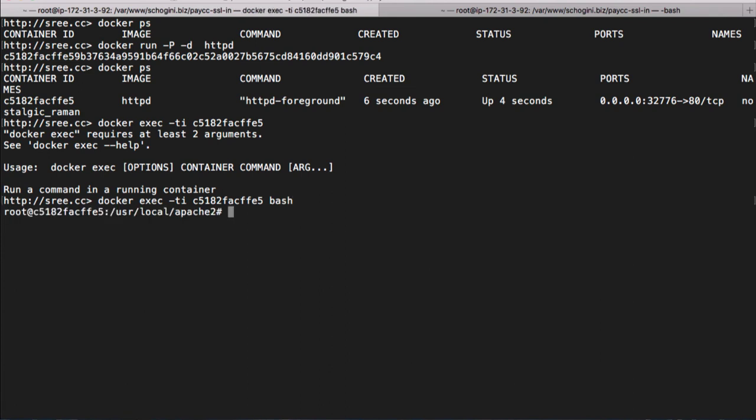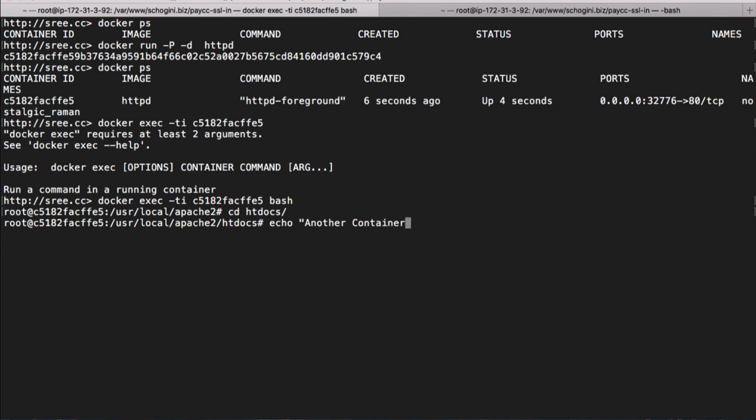Alright, and let's go to the document root, which is cd /usr/local/apache2/htdocs,